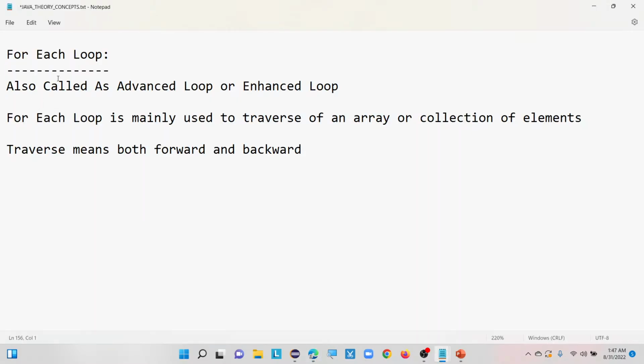Okay, traverse means here both forward and backward. So here, what is the syntax? What is the syntax for the for each loop? That is